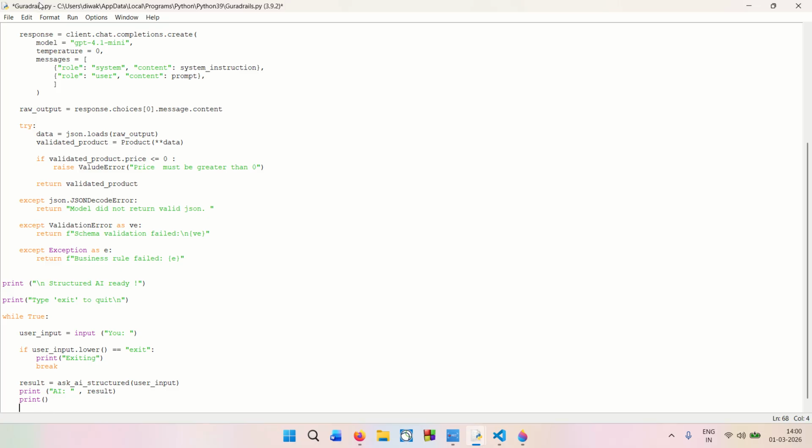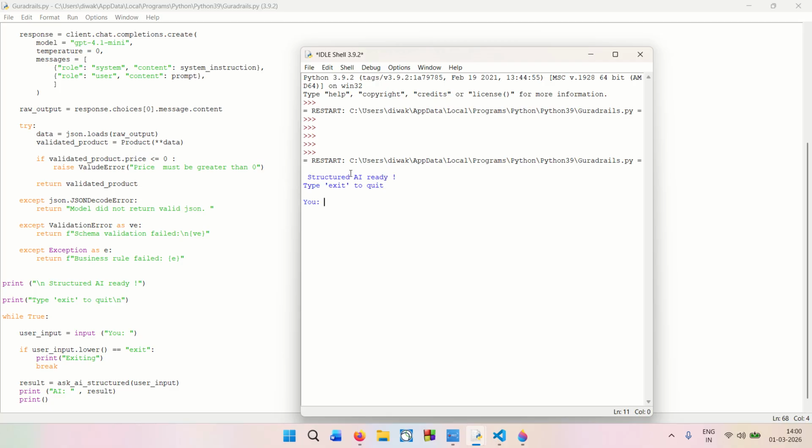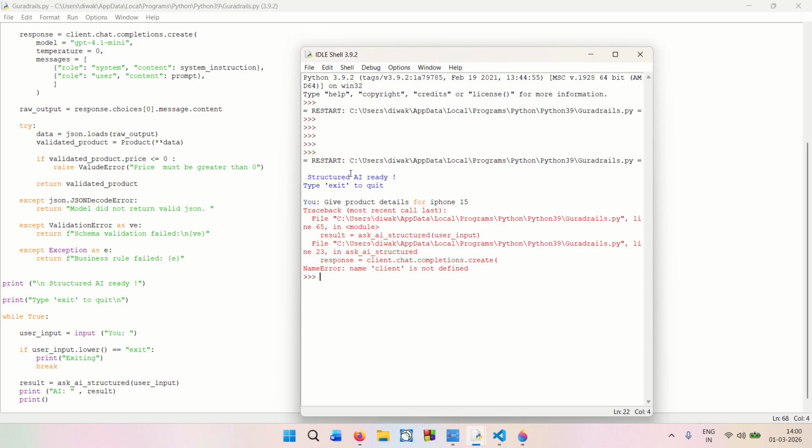So product details for iPhone 15. Okay, so